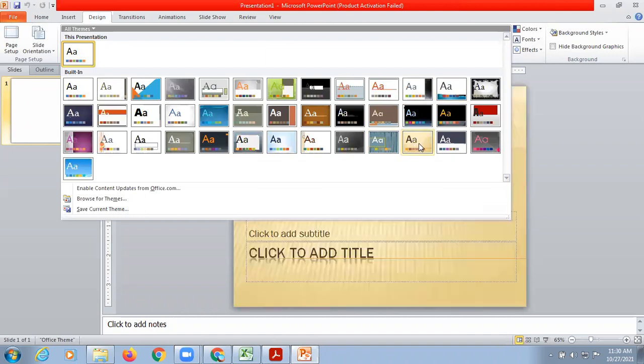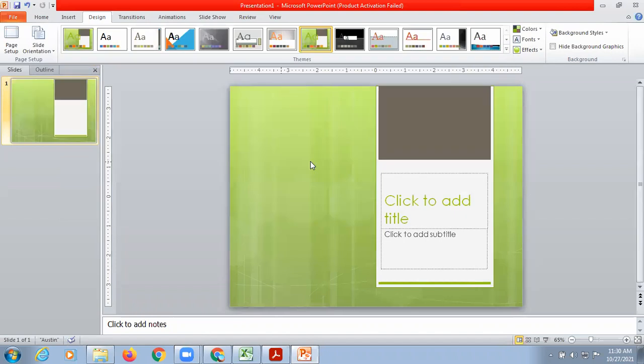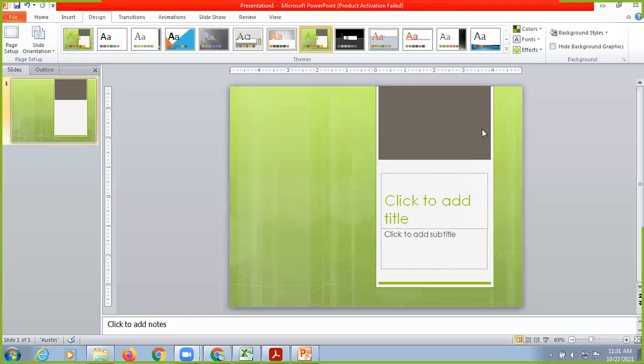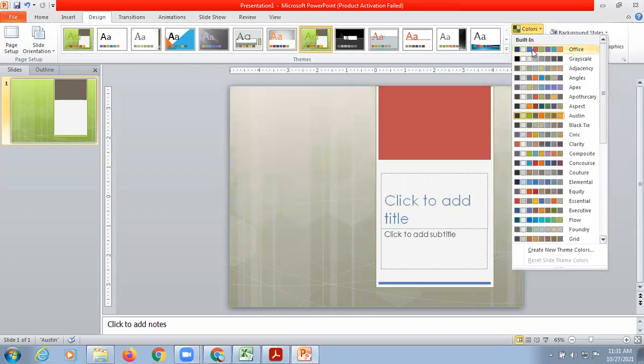So for example, I am choosing, let's say, this theme, but I don't want to continue with this green color. I wanted to make some changes in the color. So if you wanted to change the color of the slide, then you will go to the colors option and choose a color which you want.